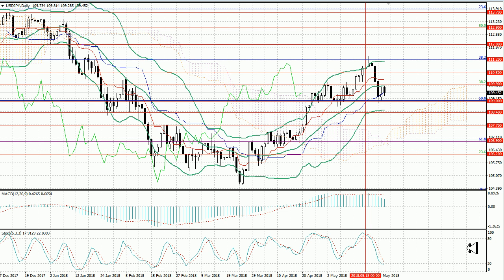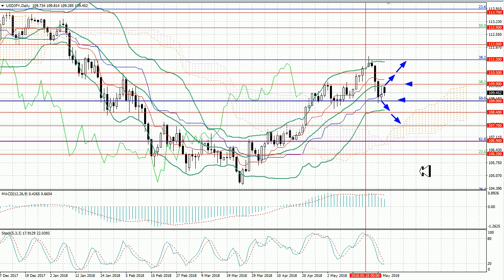Last week, the pair USD JPY was corrected to the level of 109, which coincides with the Fibonacci correction of 50%. In case of its breakdown, the price may drop to the levels of 108.40 and 107.70. The middle line of Bollinger Bands at 109.90 is a key level for the bulls. If it is broken through, the growth may continue to the levels of 110.50 and 111.20. Technical indicators do not give a clear signal.